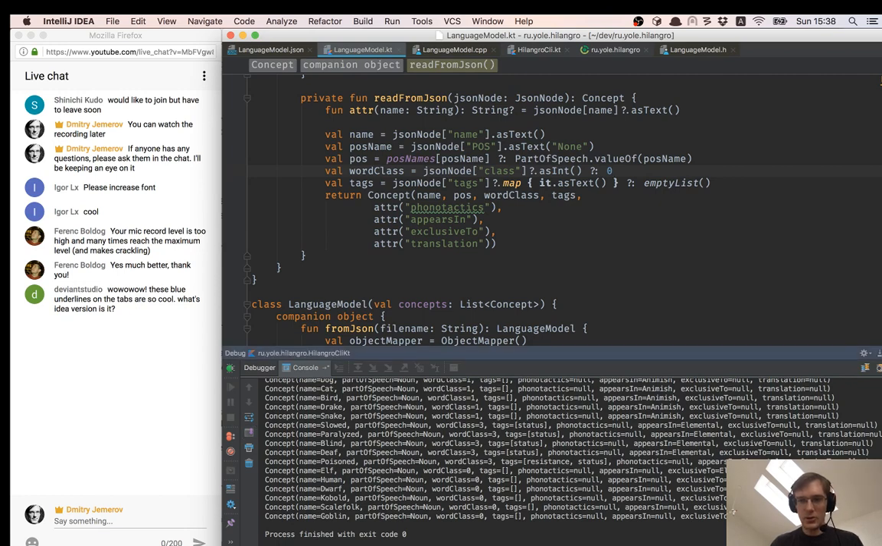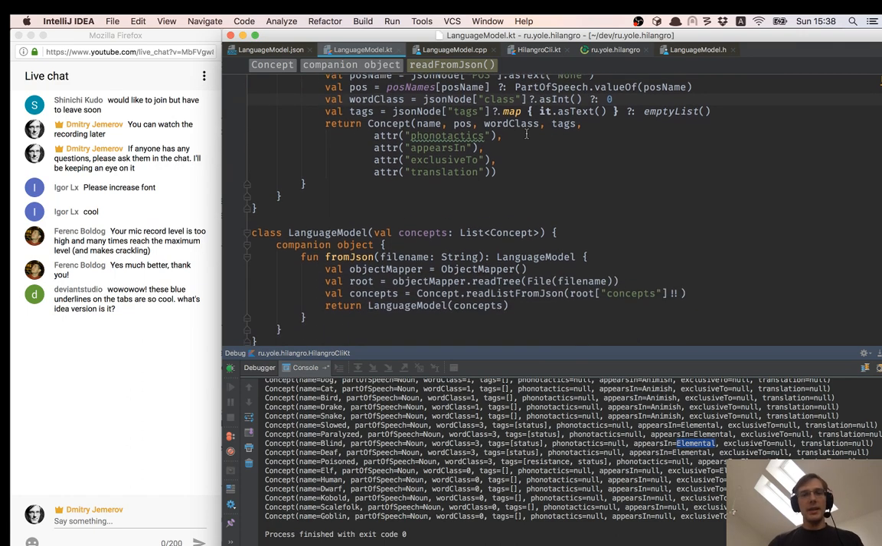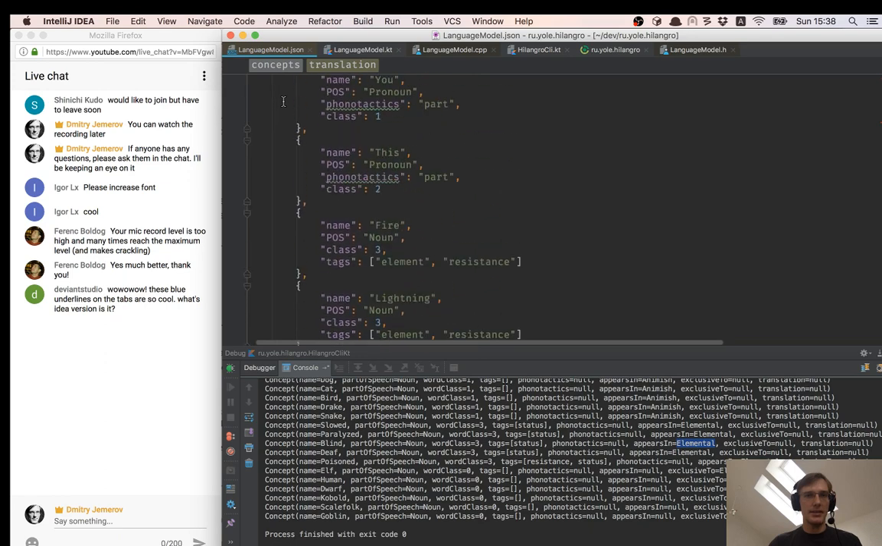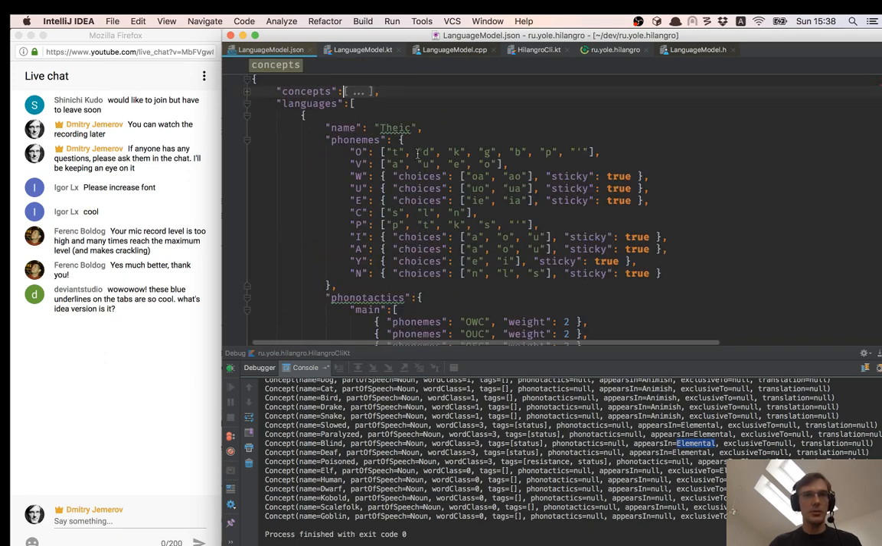And you can see that these exclusive-to and translation have correctly been loaded, and the appears-in are also loaded. Yep, everything is nice. So now let's proceed further, and let's start reading the data below that. So we're done with the concepts. I'm going to fold them, and the next is